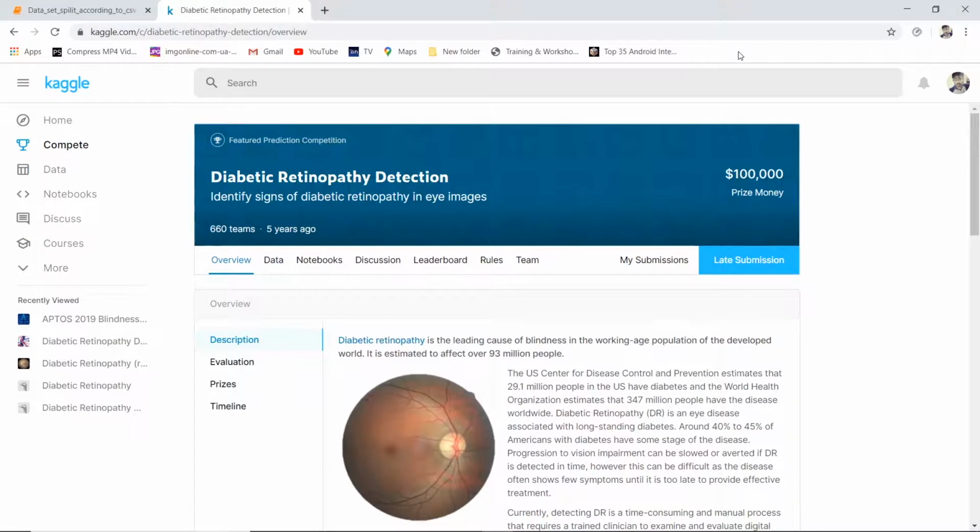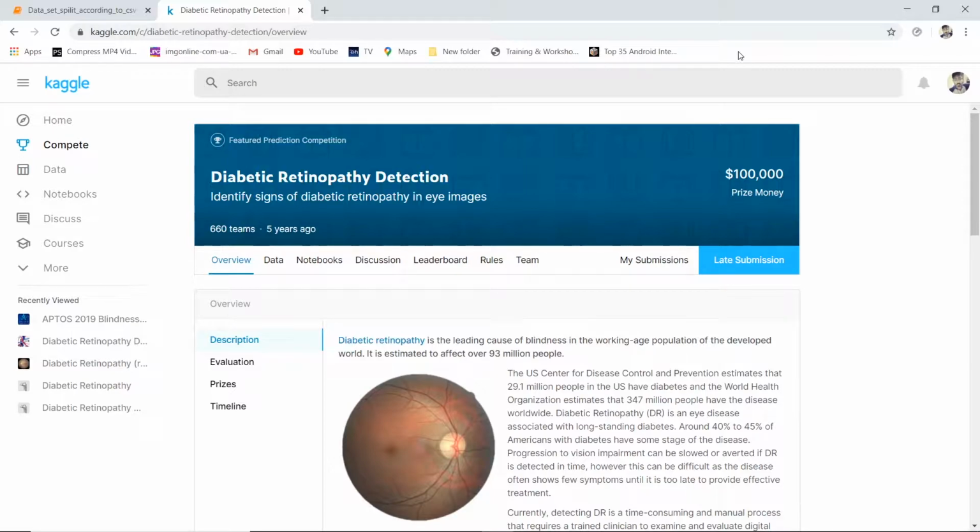Hello everyone, in this video I'll be explaining how to divide a large dataset which consists of a lot of images, based on a CSV file which contains the classes, into subfolders which contain the individual classes. That means there is a folder with a lot of images in it, and based on a CSV file we will be dividing those classes into separate folders.